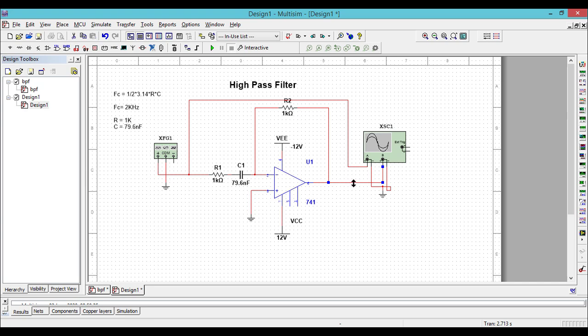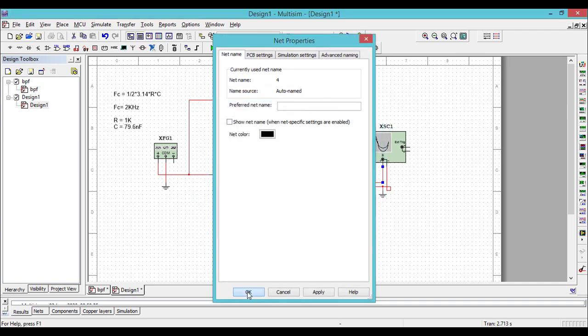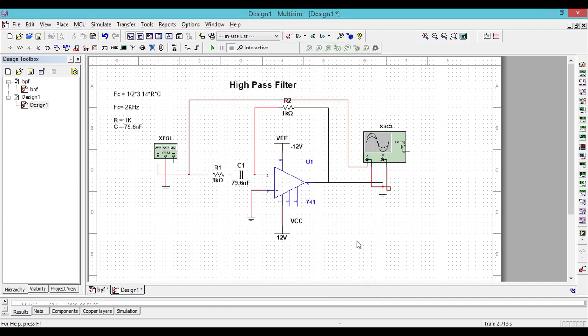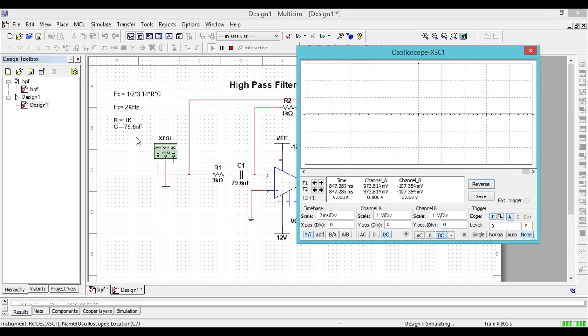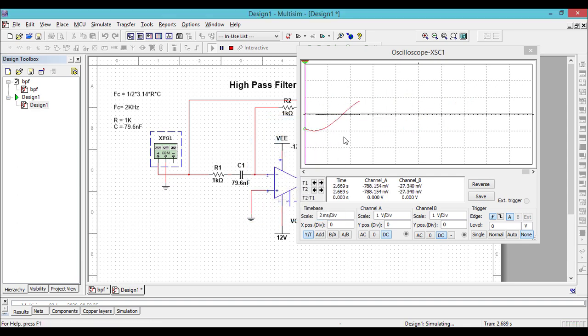Change the net or wire of the output terminal. Run the simulation. Let's change the frequency to 100 Hz and see the output waveform.